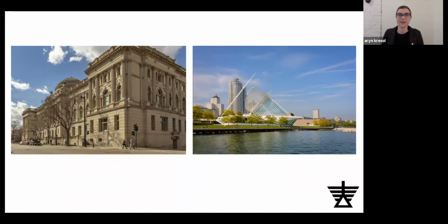The Milwaukee Art Museum and the Milwaukee Public Library are both pillar institutions in the city with complementary missions. The mission of the Milwaukee Art Museum is to collect and to preserve art and to present it to the community as a vital source of inspiration and education. The Milwaukee Public Library helps people read, learn, and connect and is an anchor institution that helps build healthy families and vibrant neighborhoods, the foundation of a strong Milwaukee.